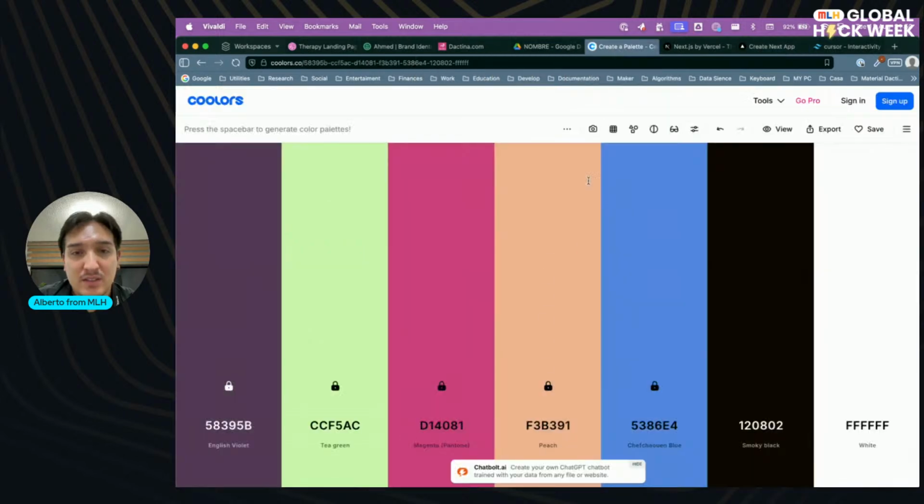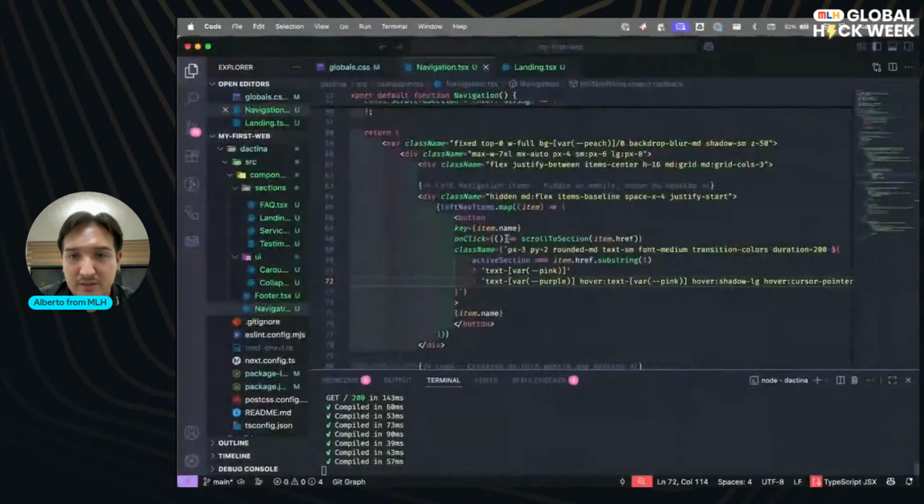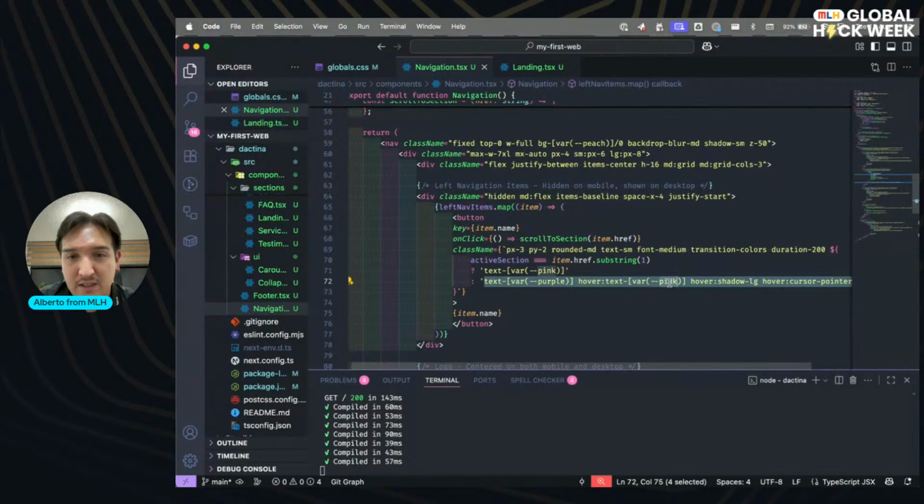And do we have another contrast color instead of pink? Make it dark.